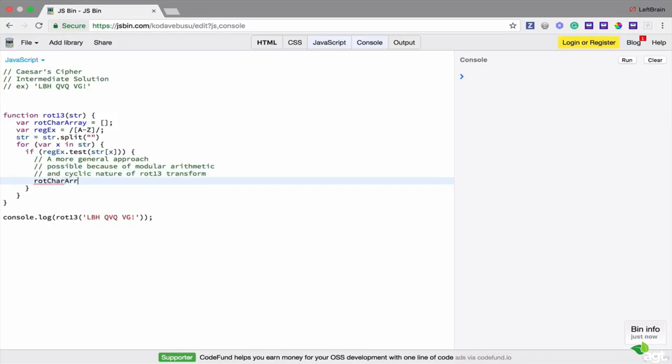And now we're going to have ROT character array dot push, string x dot char code at, close parentheses, minus 65, plus 13, modulus 26, plus 65. All right. Else